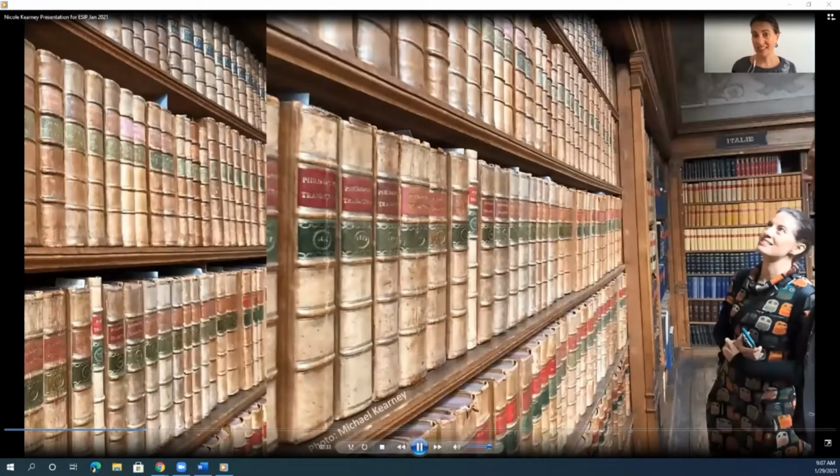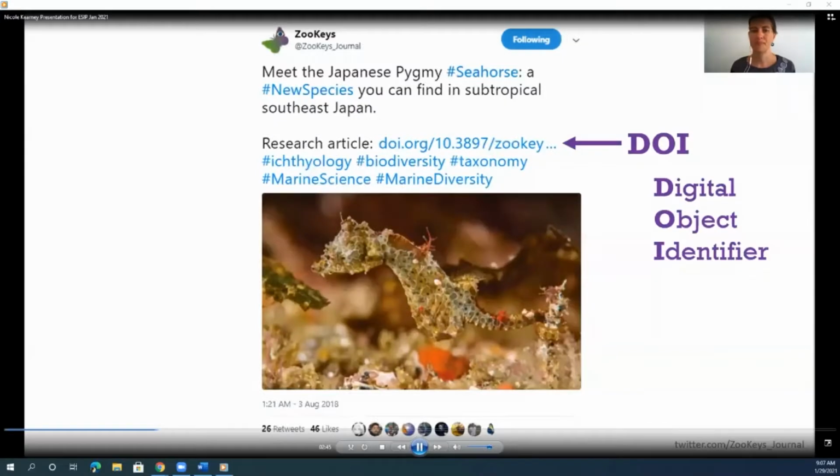Now, I was born in the 1970s, but things were pretty much the same when I was at uni in the 1990s and early 2000s. It took exactly the same amount of effort to find a modern article as it did a really, really old one. Things have changed. This piece of information, the announcement of a new species of seahorse, popped up in my